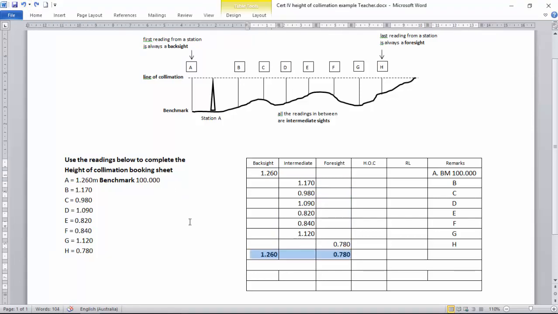What we do then, we can total up our backsights and our foresights. Now, that's exactly the same as what we do in the rise and fall method, except here we have a height of collimation column and we have a reduced level column. So what we do, we've selected this randomly, it's just an easy figure to work from, 100. So we add our 1.260 to our 100, gives us